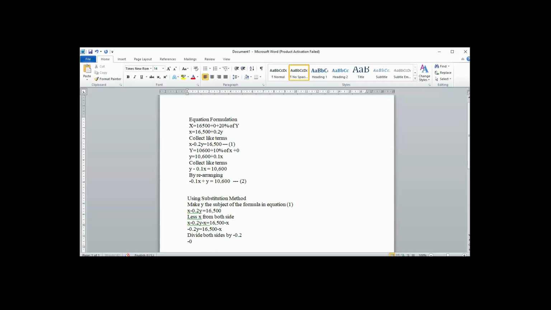Minus 0.2y divided by minus 0.2 equals 16,500 minus x, divided by minus 0.2. At the end of the day, minus 0.2 divided by minus 0.2 leaves us with y equals